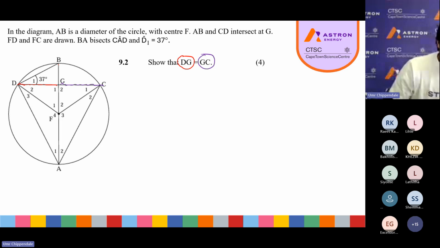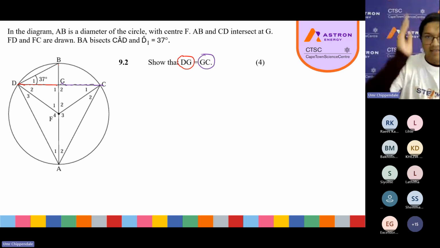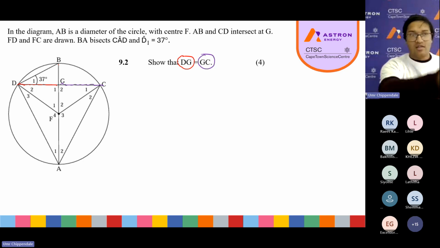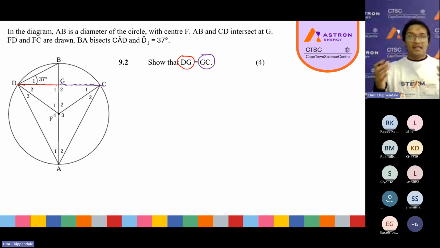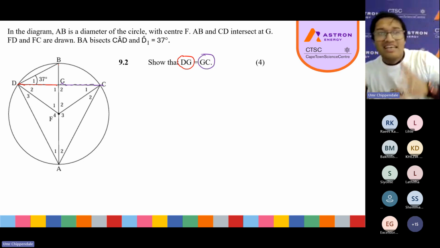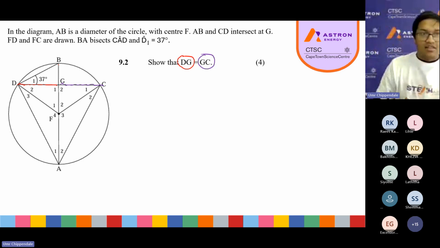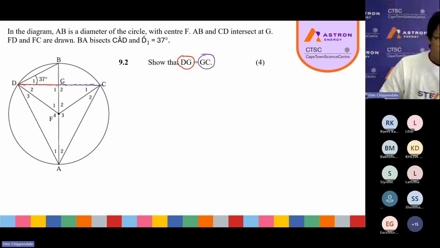Now, in this particular case, if a line is drawn from the center and it's perpendicular to a chord, that will immediately bisect the chord. So then we know it will make those two equal to each other. So with that rule, it's almost like you have to work in reverse now to show that this is actually happening. In order for us to do this in reverse, we need to then show that